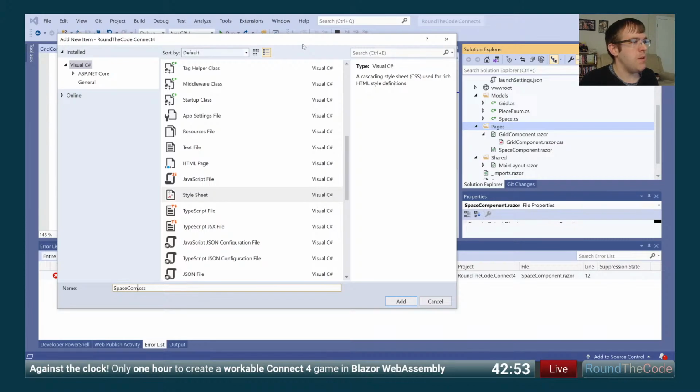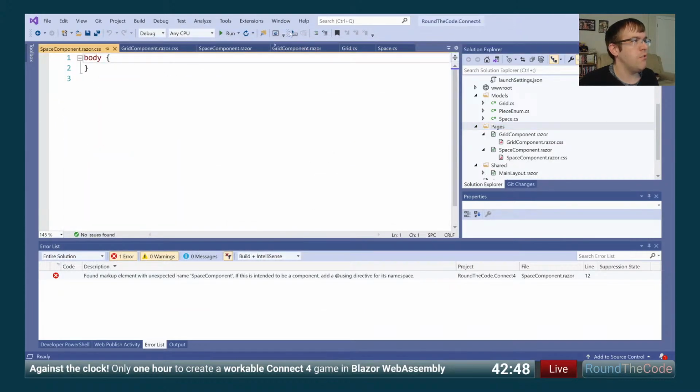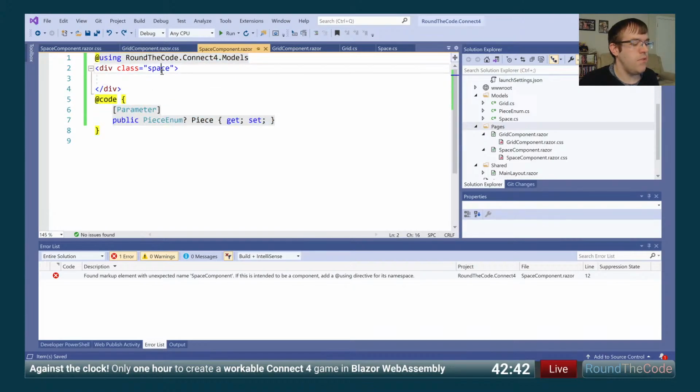So we're going to call it space component razor.css. Within this at the moment we've got space, but we'll leave it like that, I think. So within this, we're going to set some